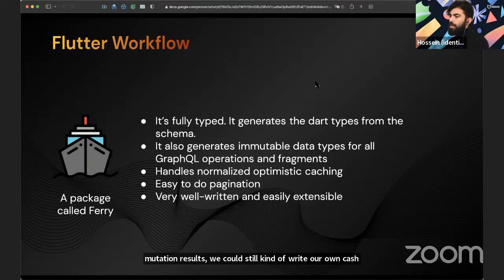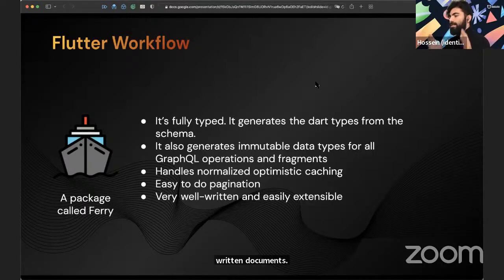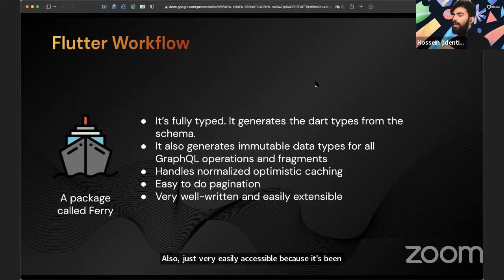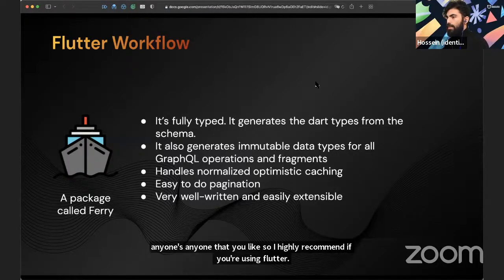It's very easy to do pagination, the documents are very well written, and it's also very easily extensible because it's been written as different type links, and you can chain any that you like. So I highly recommend, if you're using Flutter, to give this one a shot. You can just Google it or look it up on pub.dev.